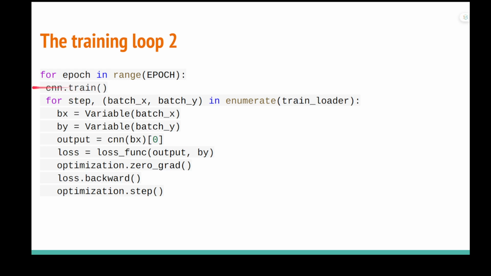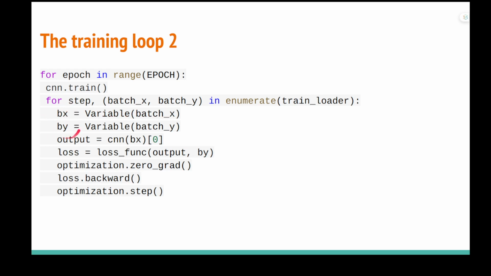So after we make a model and enter the training mode, we can use the loader to get a mini batch of the data. For this line, we get the data in batch X and batch Y, where batch Y is the label of the data, and batch X is the sample image itself. Then we can use the variable function to convert those into parameters for the deep learning framework.